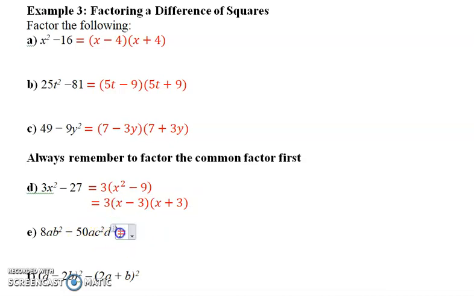Here we have 8ab squared minus 50, so like I said, at first glance it looks like it's not, but then you've got to get a GCF of 8 and 50. Does 8 and 50 have a GCF? Yes, it does. You could factor out a 2 from each. So we'd have 2. They both have an A, so an A can come out. And that's it. So that's going to leave you with 4b squared